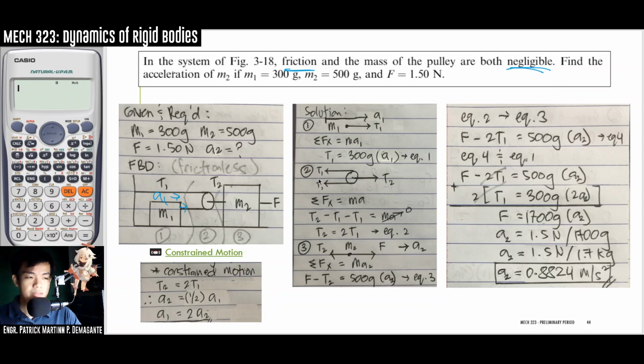So, T1, dalawa yung line, dalawa yung chord natin na hati. Ayan. So, summation forces along X is equal to MA. T1 minus T1 minus T1 plus T2 is equal to